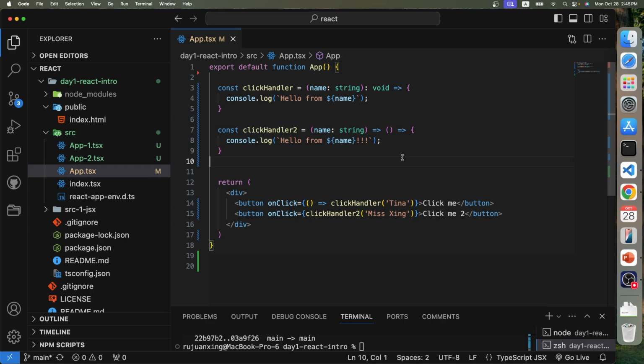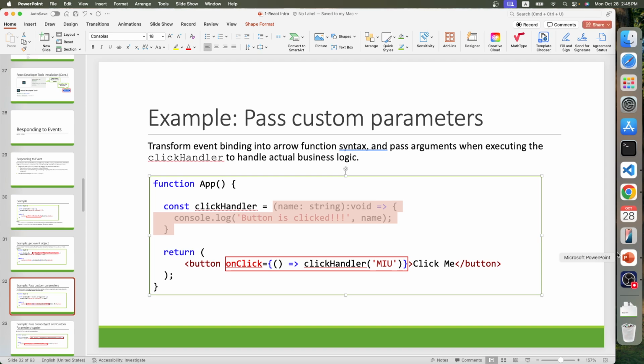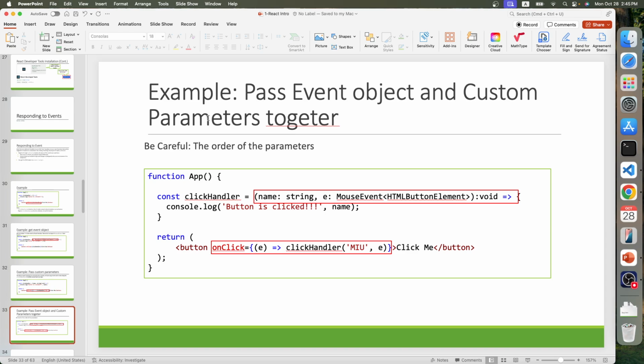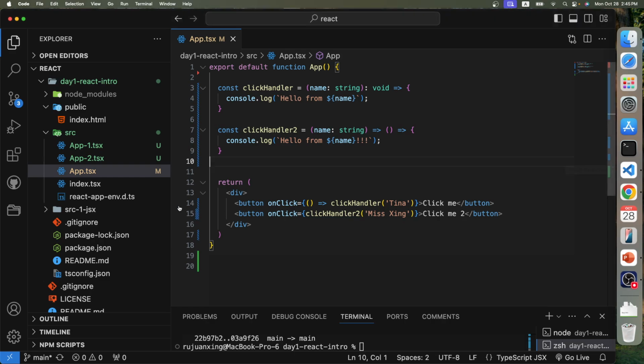This is how to pass a parameter. Okay. Next one, the last one. Suppose I want to pass an event object and custom parameters together. How would you do it? Let's give an example. Let me rename this one to be just 3, which is custom